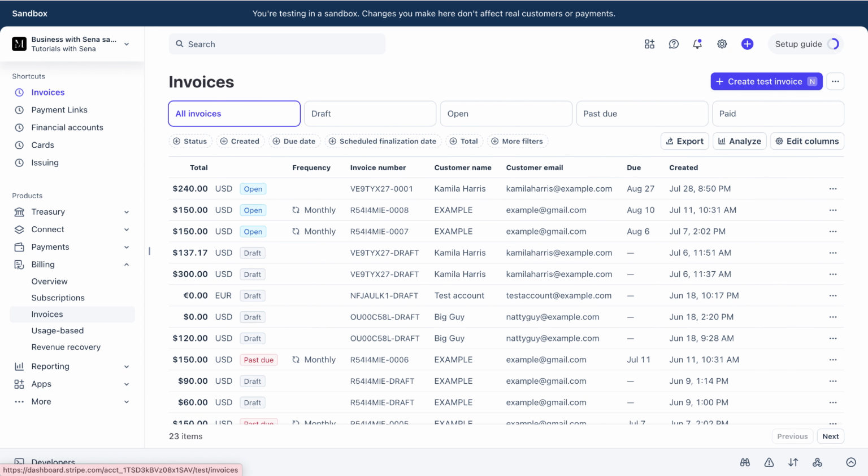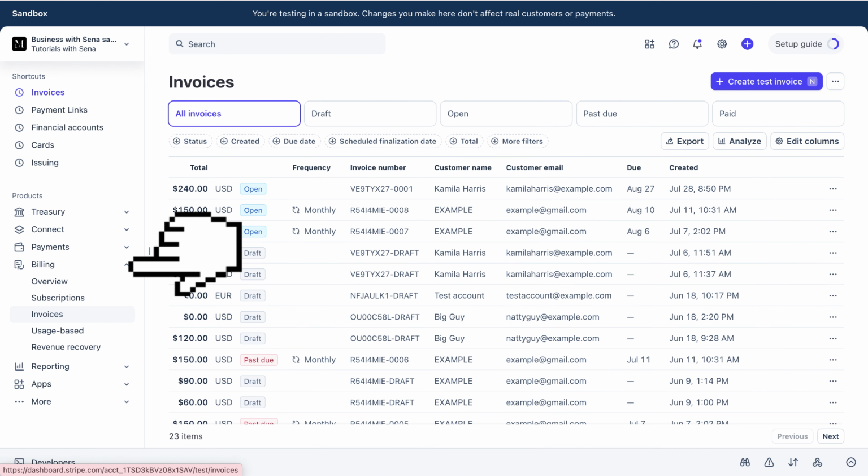This method will only work for a one-off invoice and is not available for recurring invoices. So, if you make an error or mistake on your invoice and you want to resend it as a second invoice while canceling the first invoice, first you want to go to your list of invoices by clicking